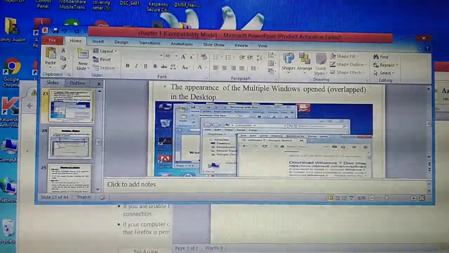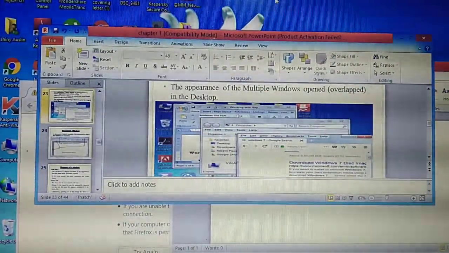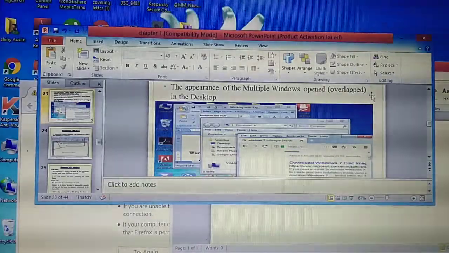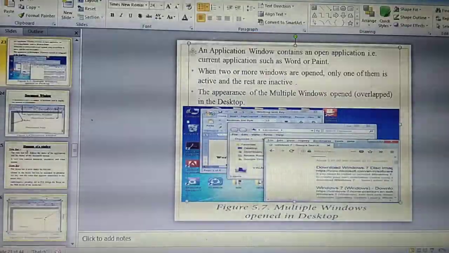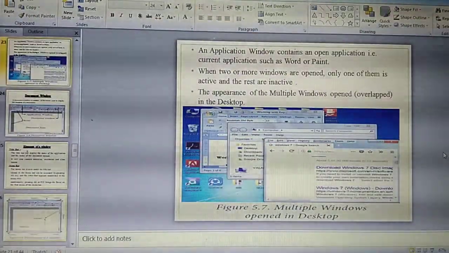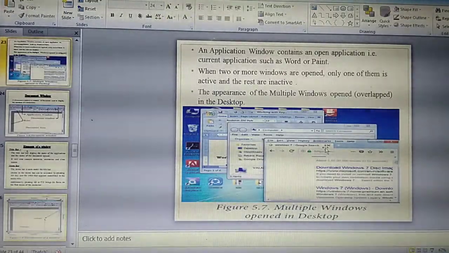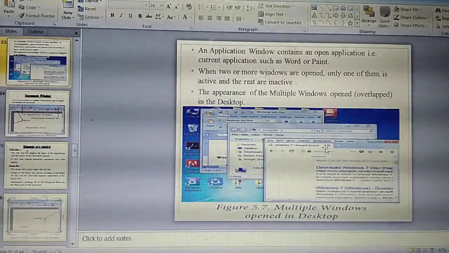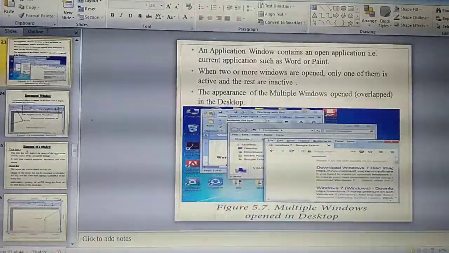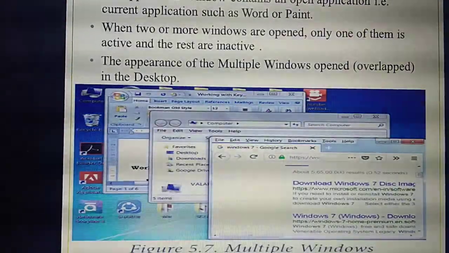What's the meaning of overlap? One among other. That's the meaning of overlap. Now understand what we mean by overlap. In an application window, you can open 2 or 3 windows at the same time.